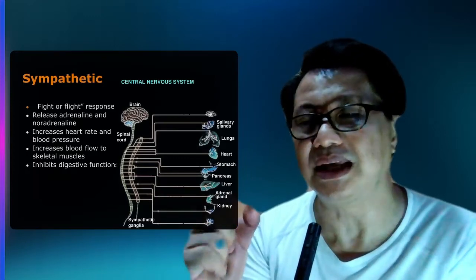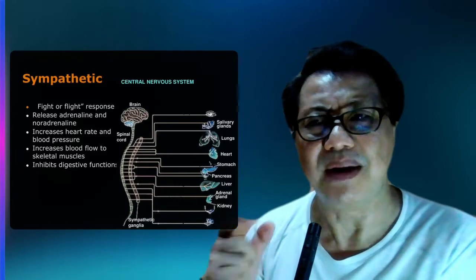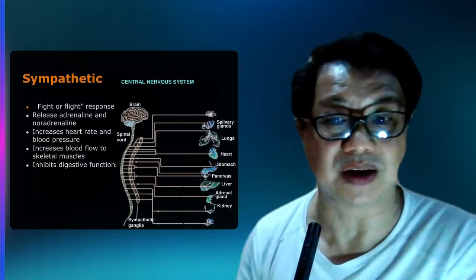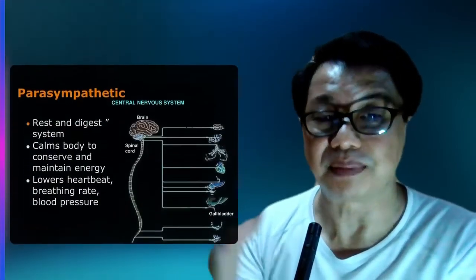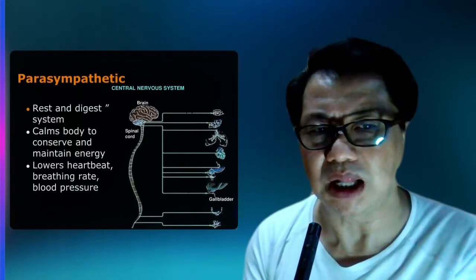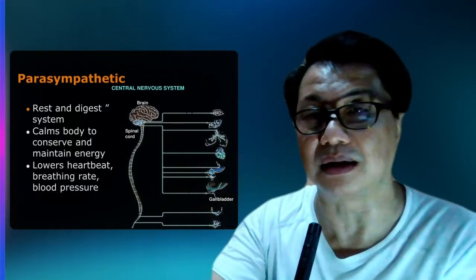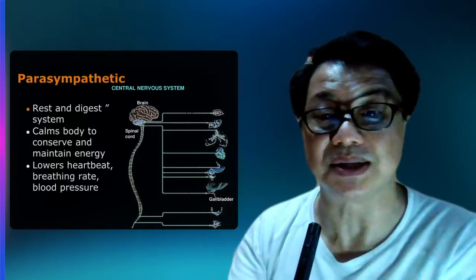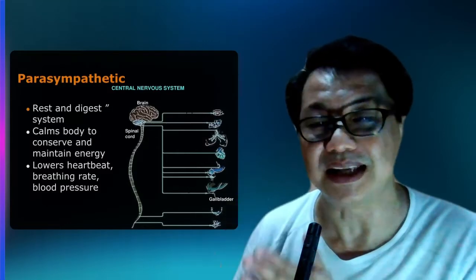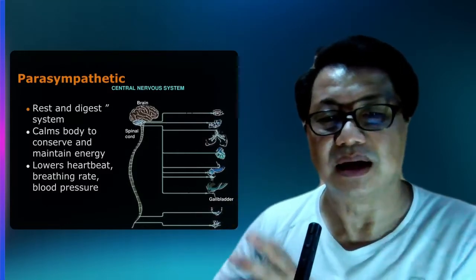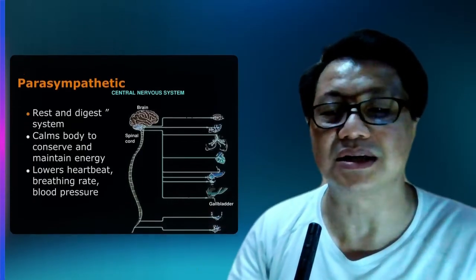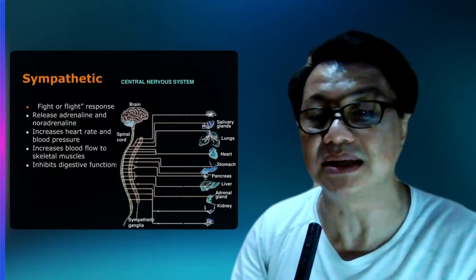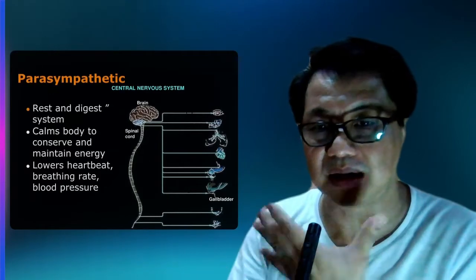Pero of course, hindi kayang i-sustain yun ng matagal. Imagine a car or a body na in high gear for a long time, masusunog, mag-overheat. And that's the reason the other system takes over after a while. It takes care of reversing whatever the sympathetic nervous system has increased or inhibited. Kasi hindi naman automatic lahat inactivate niya. The sympathetic system, if you notice, will also lessen yung blood supply, lessen or inhibits yung digestive. Pagdating sa parasympathetic, ibabalik niya ulit yun, i-restore niya yon.